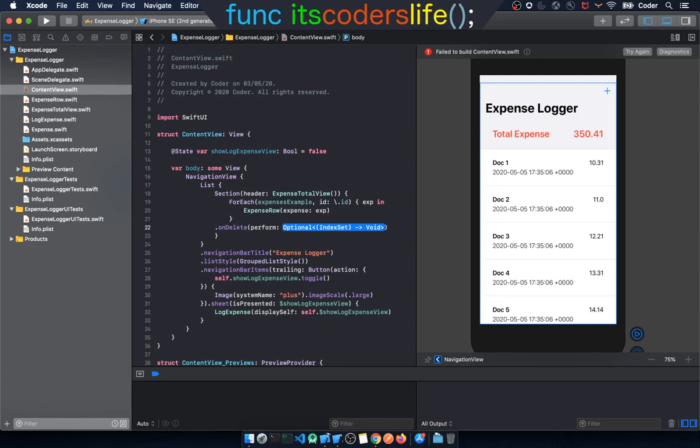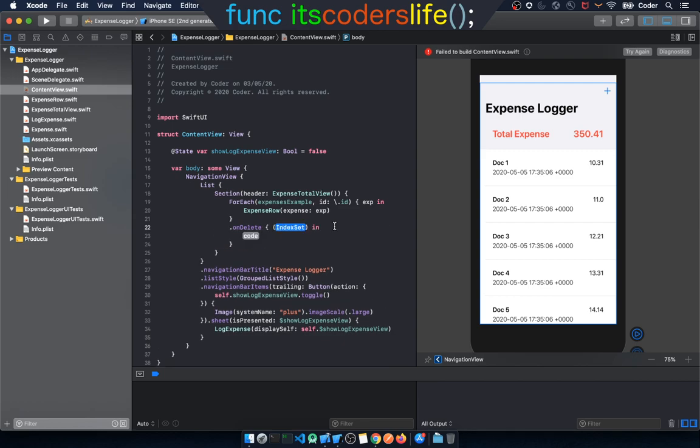So there is an index set, okay, so this takes an optional function, which returns void. It doesn't return anything, accepts an index set. So index set, so we need to